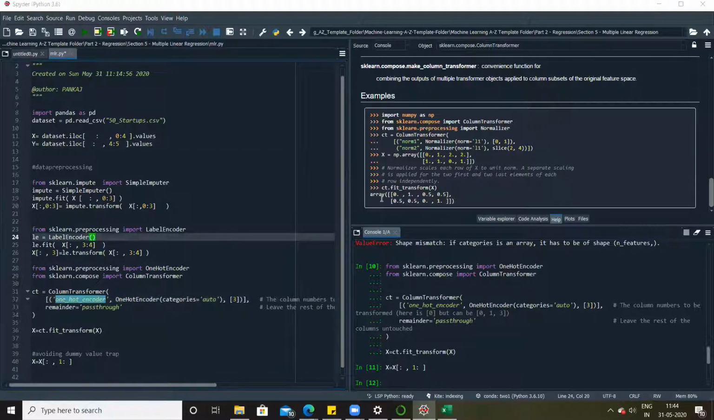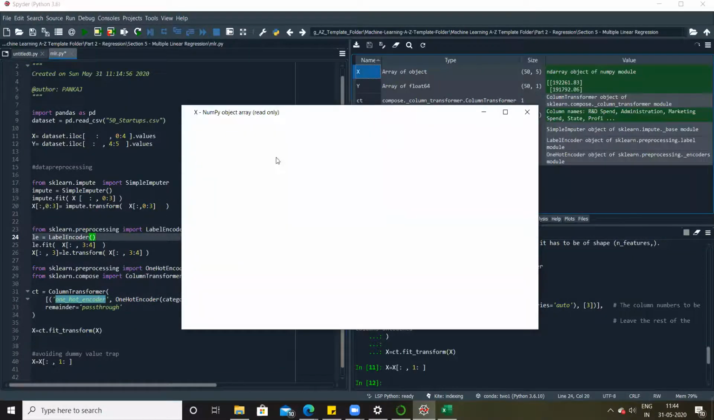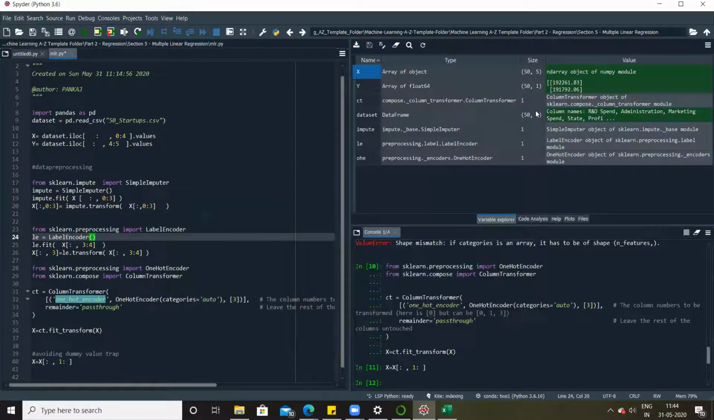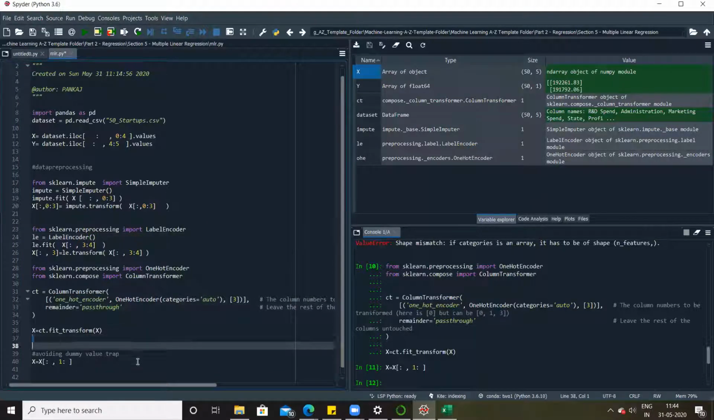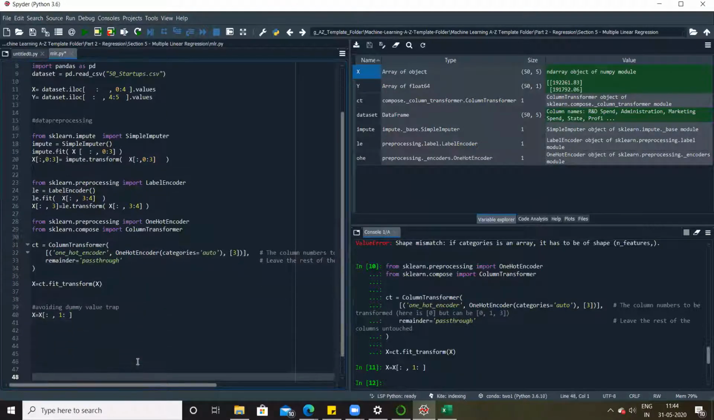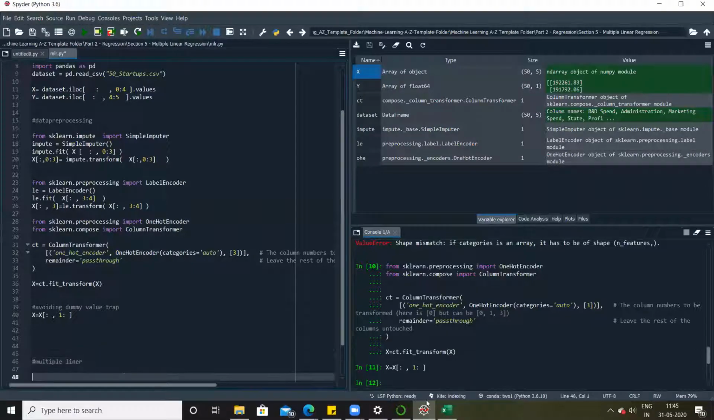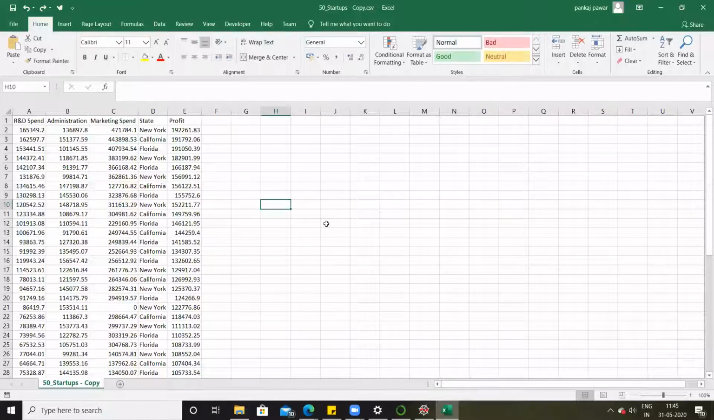So done. My data set is now ready for machine learning, right? So let's see how to do multiple linear regression. Multiple linear regression is nothing but an equation again, whose formula is like this: y equal to...